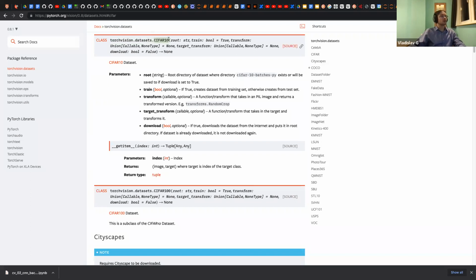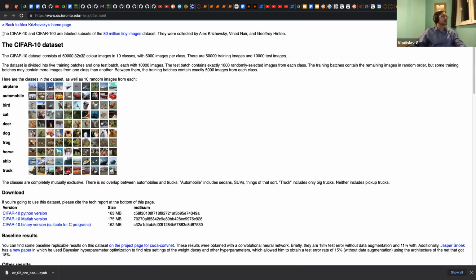And we will work with CIFAR 10, and this is the dataset of 10 classes, which is provided by Alex Krizhevsky, who is a PhD student of Geoffrey Hinton, who is another very famous and well-known machine learning specialist.